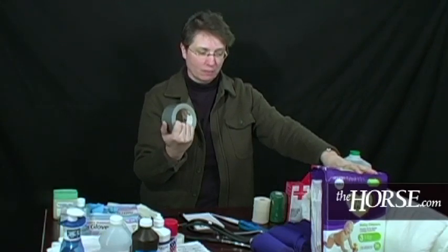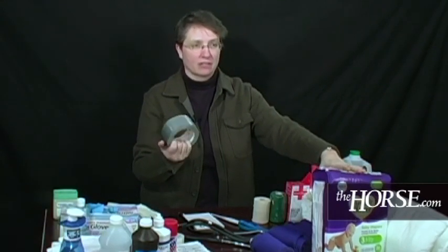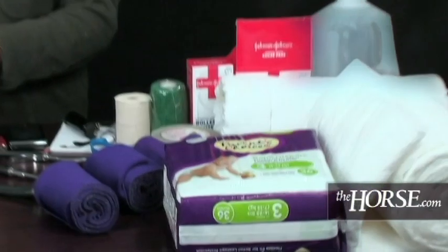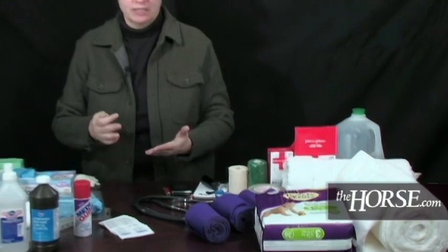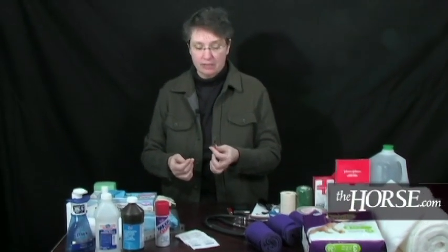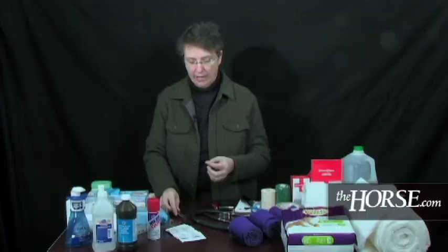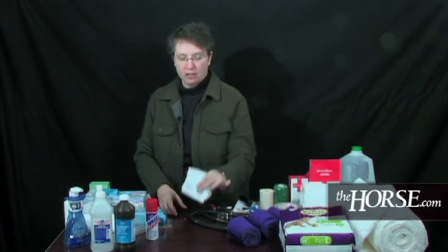And if you practice and you've got diapers and duct tape, you can bandage quite a few things. A few other things that you can add to your basic first aid kit. Tweezers are nice to have. If you have a very small splinter, obviously not something around the eye, but something that you know is fairly superficial, but it's too small to grab with your fingers, tweezers are very handy to have around, as are alcohol